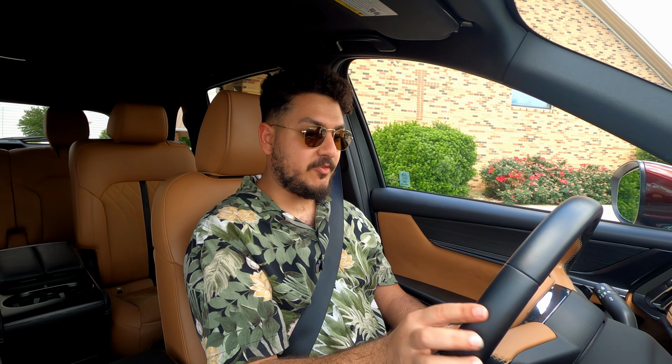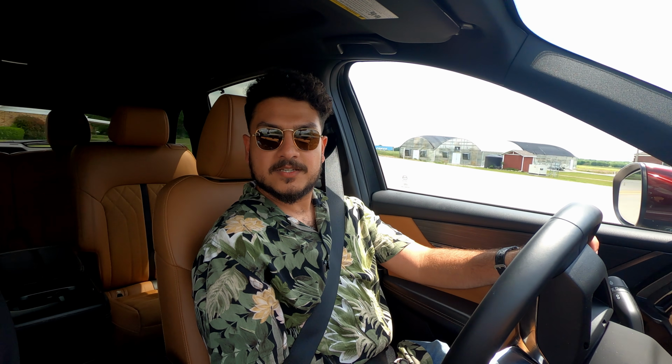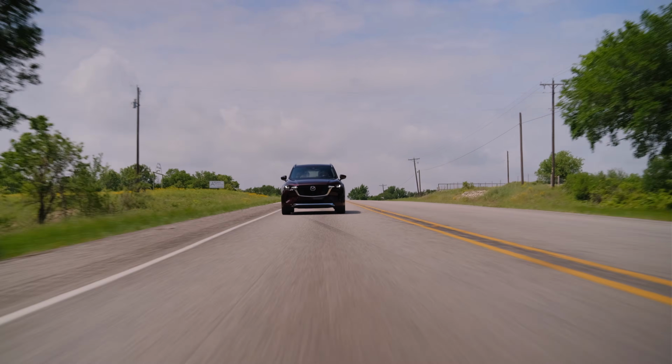And on top of that, you have all your driving assist features on this car. Of course, Mazda's got your back with active cruise control, with keep lane assist and all that jazz. Go ahead and get on it a little